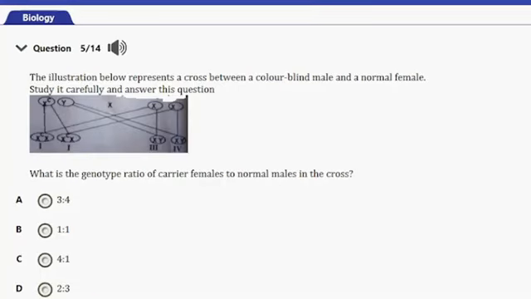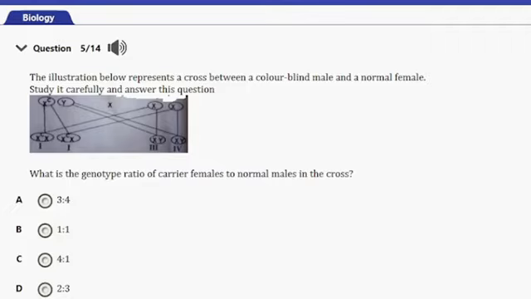Question number 5 here, it says, the illustration below represents a cross between a colorblind male and a normal female. Study it carefully and answer this question. What is the genotype ratio of carrier females to normal males in the cross? So looking at this, considering this,